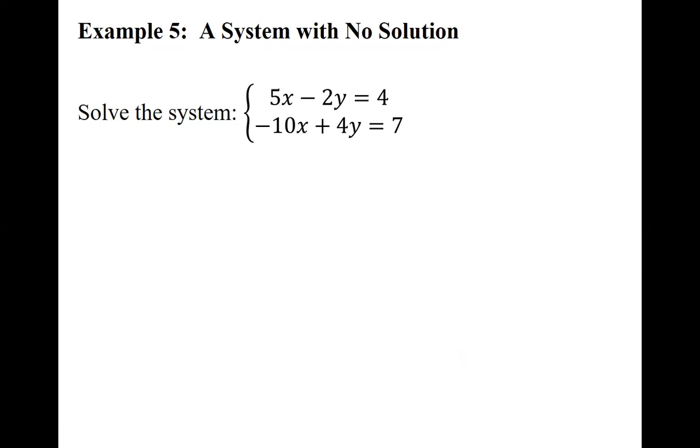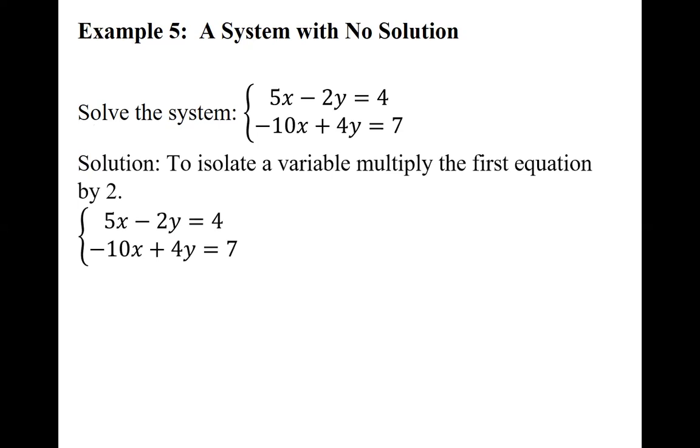So let's go ahead and solve this system. You'll see how this connects in just a second. Spoilers at the top of the screen. We can solve this by elimination, by addition, by multiplying the first equation by 2. We multiply the first equation by 2, that'll turn that 5x into a 10x. The 10x minus 10x is going to give us 0 x's. The x will go away. So we multiply the first equation by 2,